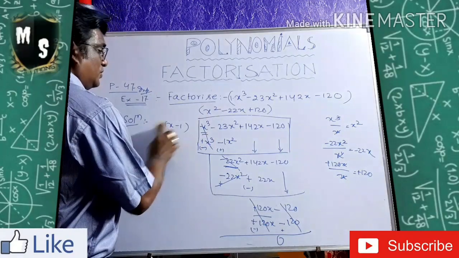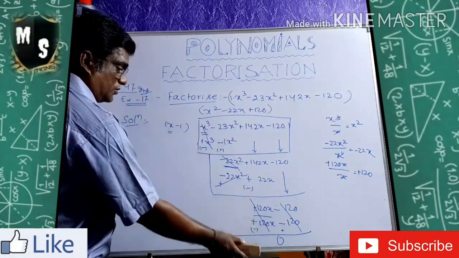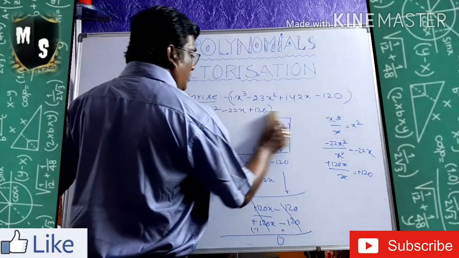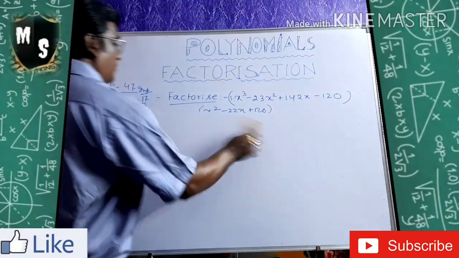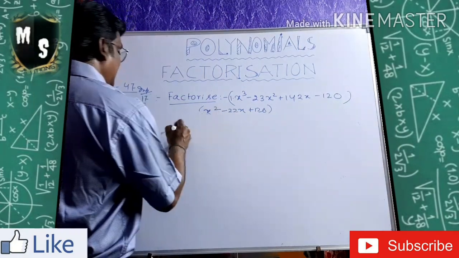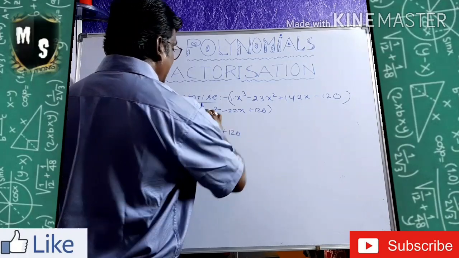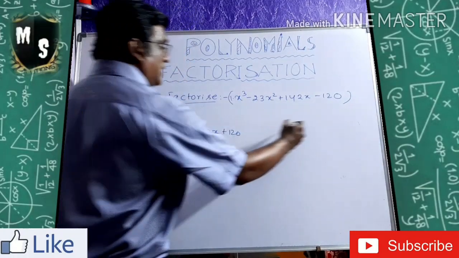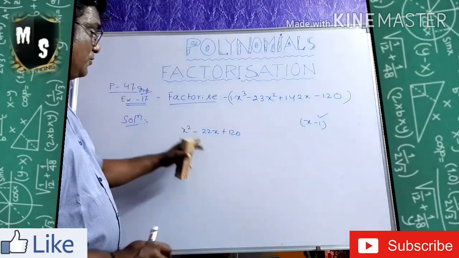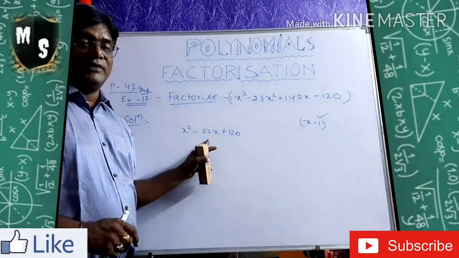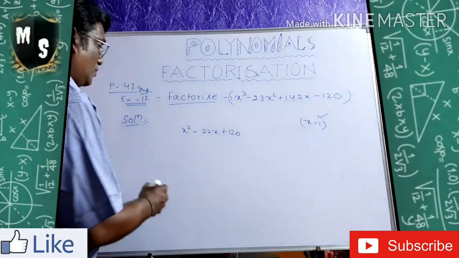So now let's go for the quotient. This is quotient to middle term splitting method. Okay, I hope you understood this division. Now I am not rubbing this because I want to factorize this one. I want to factorize this middle term. What is coming? That is x square. Let's write it. X square minus 22x plus 120 to be split again. What is my first factor? Already I got x minus 1 as my first factor. Okay, another two factors I need. When I will do the middle term splitting to this quadratic polynomial, then we are going to get another two factors.